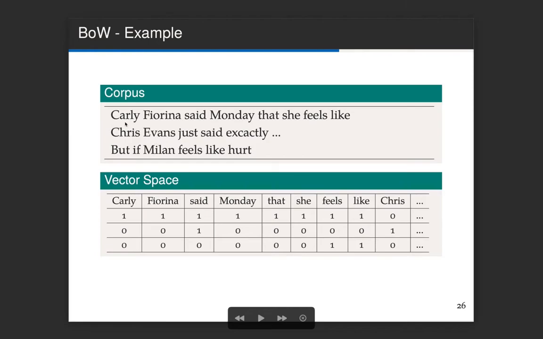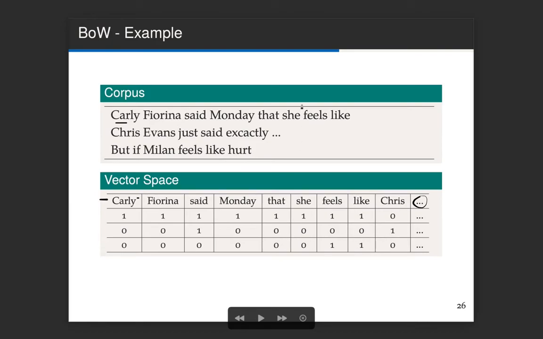In this corpus, you find all the different words, and with the different words, you write a table where each different word is the header of the table. You can see here is Carly, and here is to indicate that there are more words than the ones we are seeing.